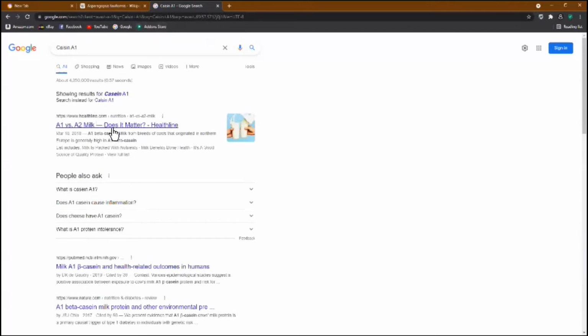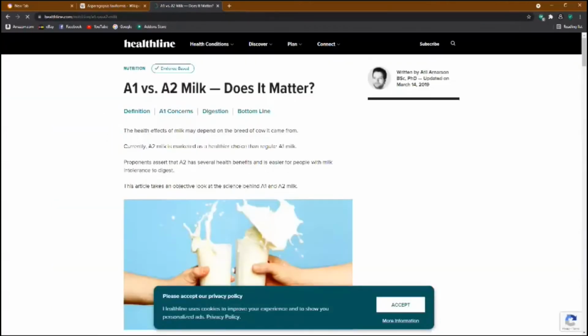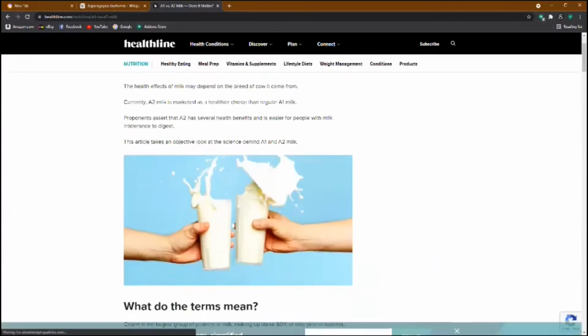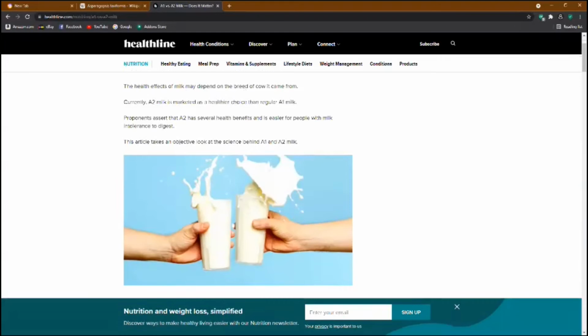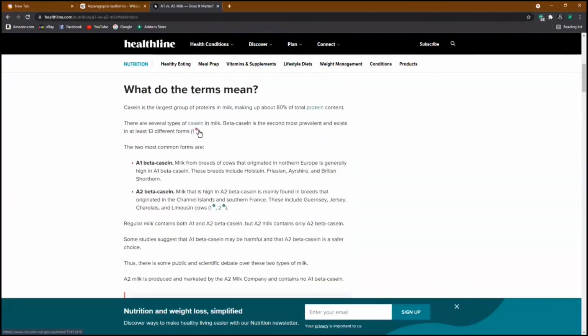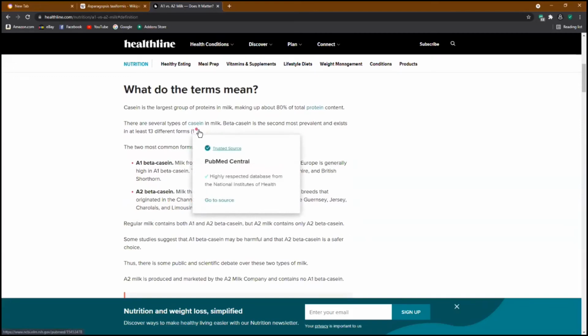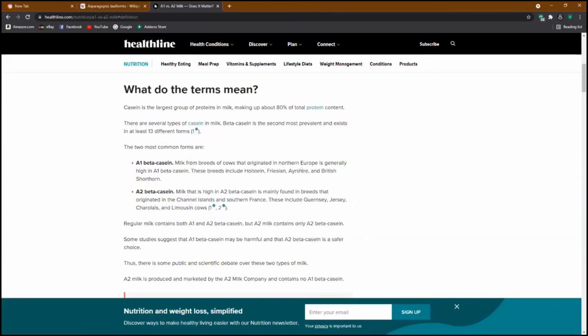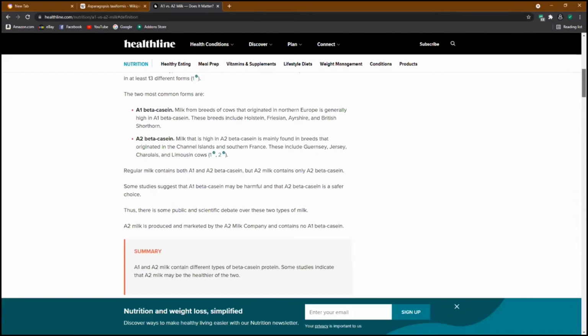Wait, did you say the casein A2 is better? Yes. Okay, here, I just looked it up while you were talking. Here is some of the stuff it says. The health effects of milk may depend on the breed of cow. Very good. You see that, Paulette? I've been buying A2 milk for a year or two, several years now. Really? Where do you get it? It comes from Guernsey cows. Where'd you think I get it? You can get it at Walmart, Mariano's, Jewel, just about anywhere. It's labeled as A2, it has a big A2 on it. It's the brand name even. It's so easy to find.